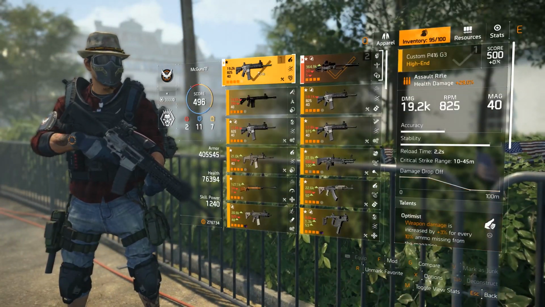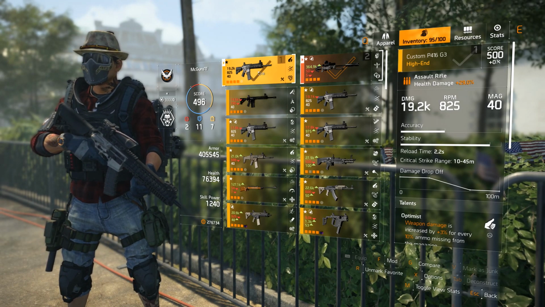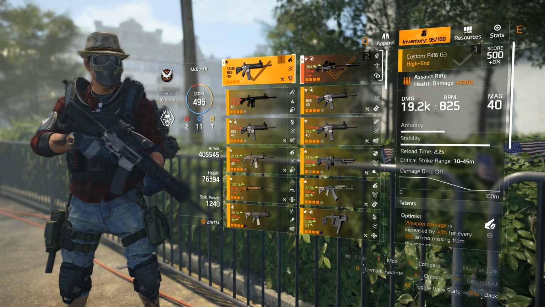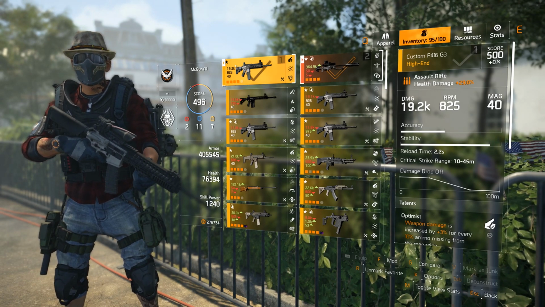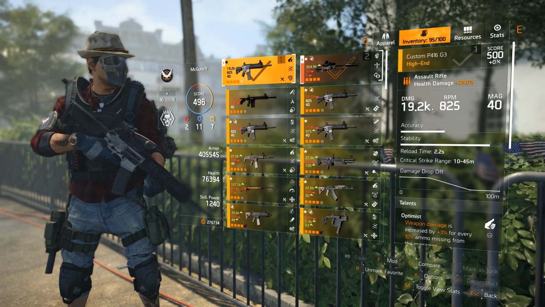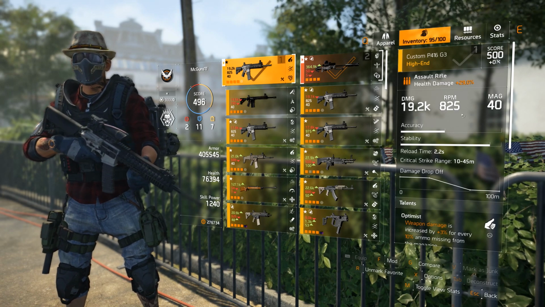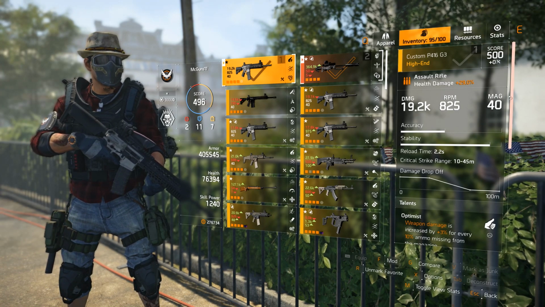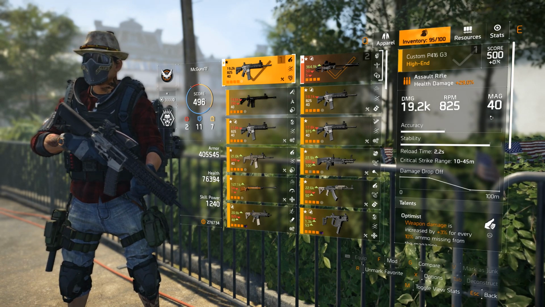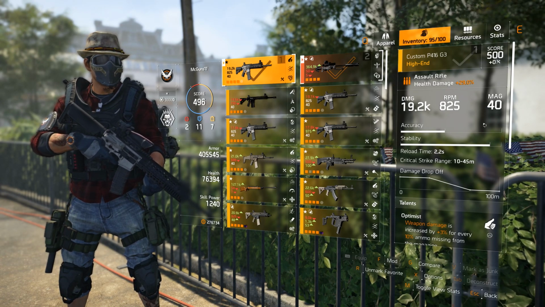The gun of the show is gonna be the famous custom P416, you know, the best assault rifle in the game, besides the Eagle Bearer, of course, which is an exotic. But let's say this is the second best assault rifle in the game, and this one, it has 19.2k damage, 825 RPM with only 40 rounds in the mag. No, I do not have that special magazine yet, so yeah, I can only have plus 10% rounds on my